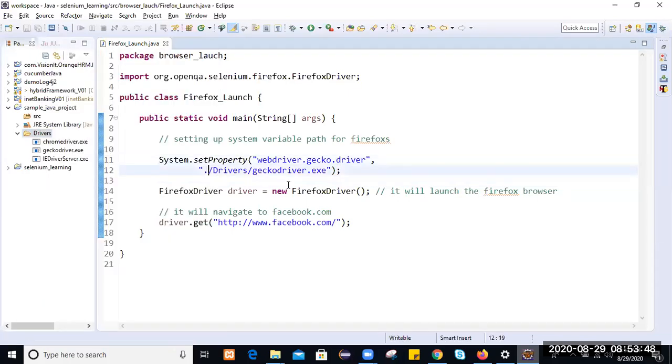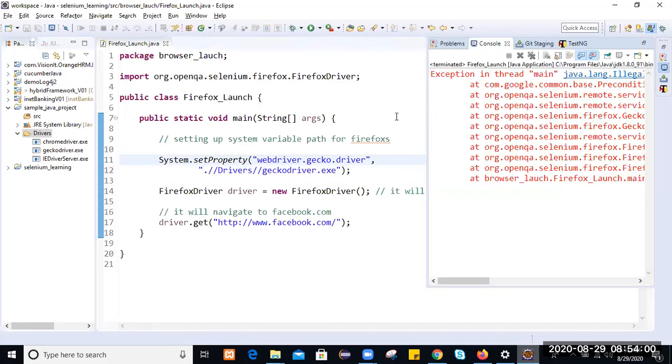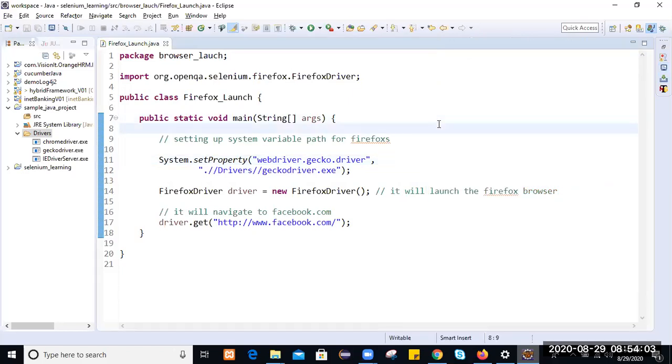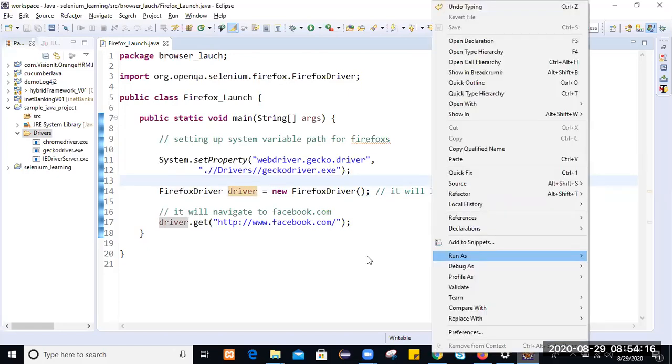So let me take 2 backslashes. In the current working directory, we have the drivers folder, and in that we have geckodriver.exe. Why is it not working?